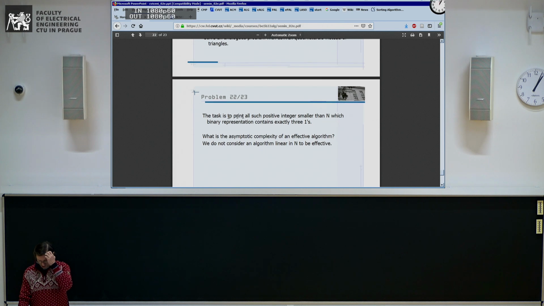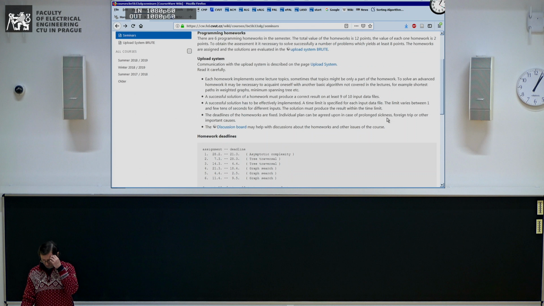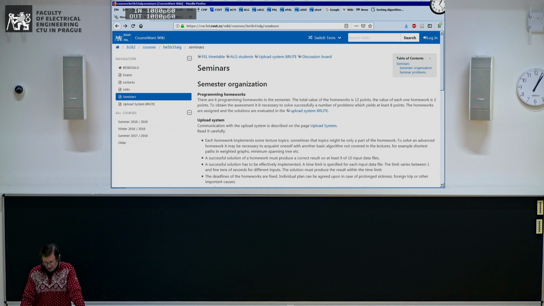And that's it. For example, the task is a positive integer smaller than n, whose binary representation contains exactly 3 ones. Produce all of those binary numbers and such things. So it's just a short example of what we will do during the seminars. Now after that comes